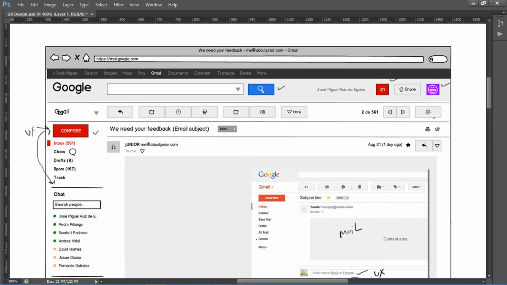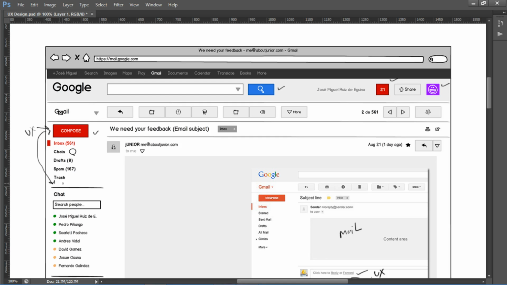So we are solving the problems of a user. The user doesn't want to get into trouble whenever he is using this product. So when he is using this product, he will consider the big buttons. He will like it. He will enjoy clicking it and creating a mail. He will also enjoy clicking on this compose button and using it.